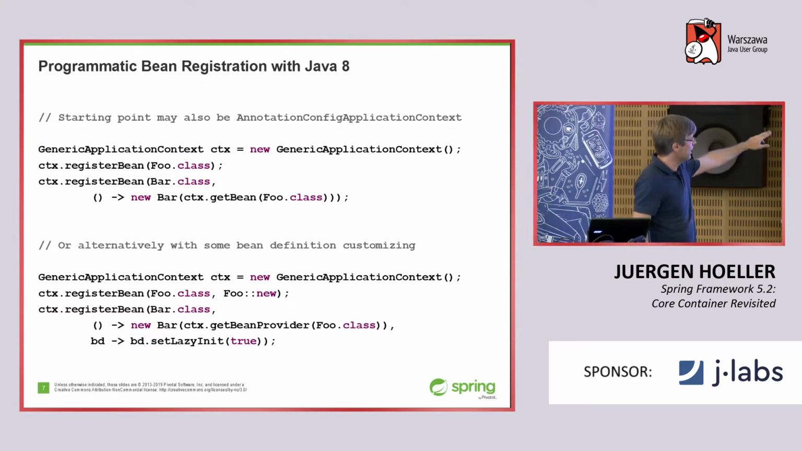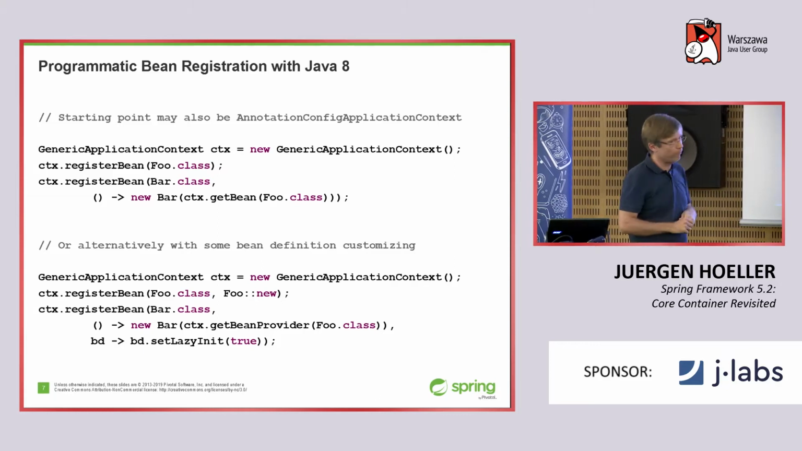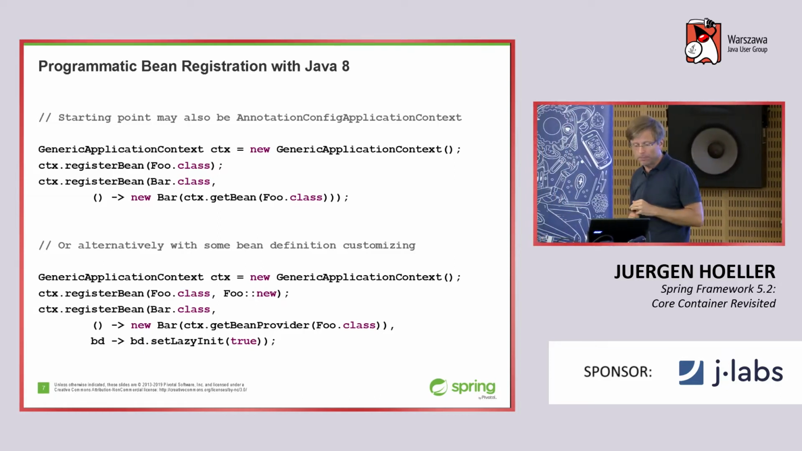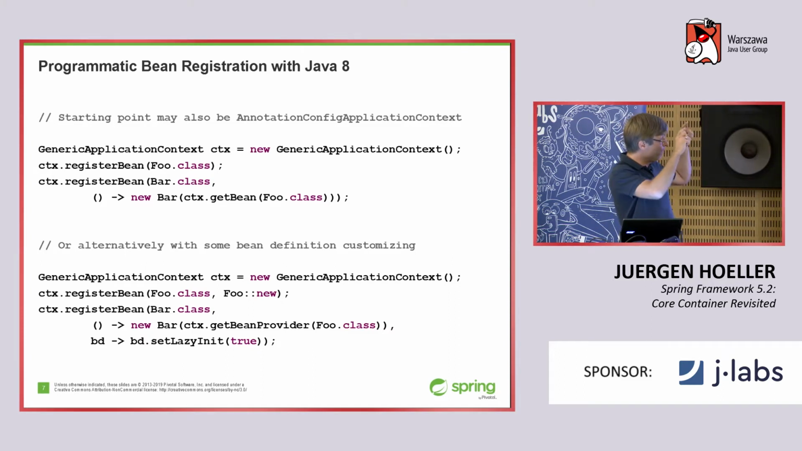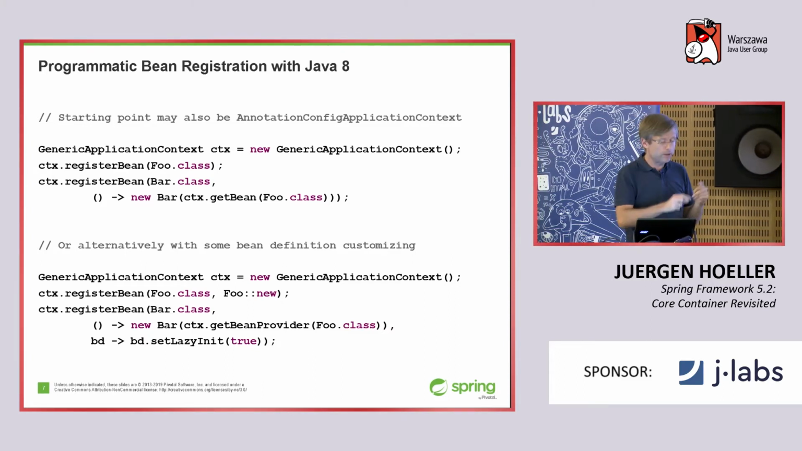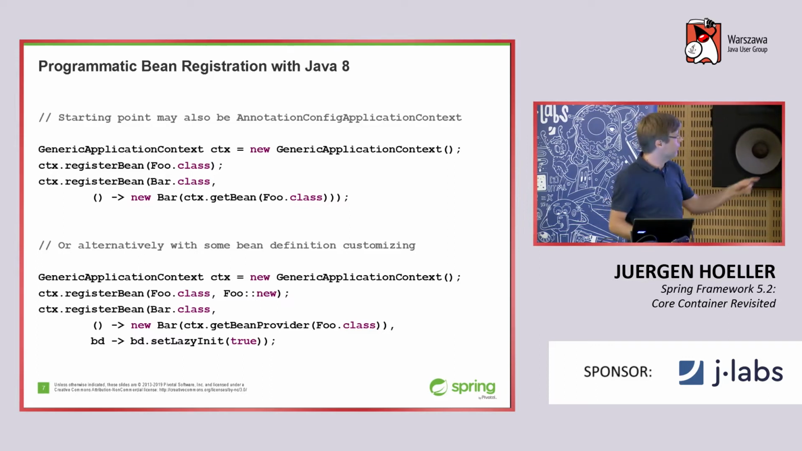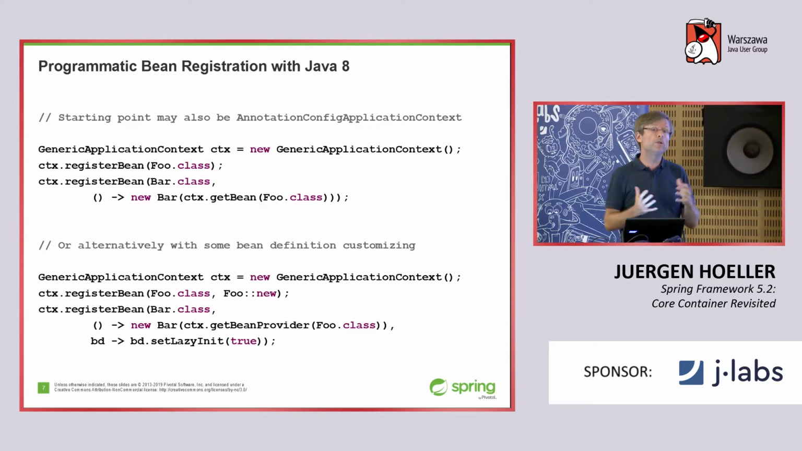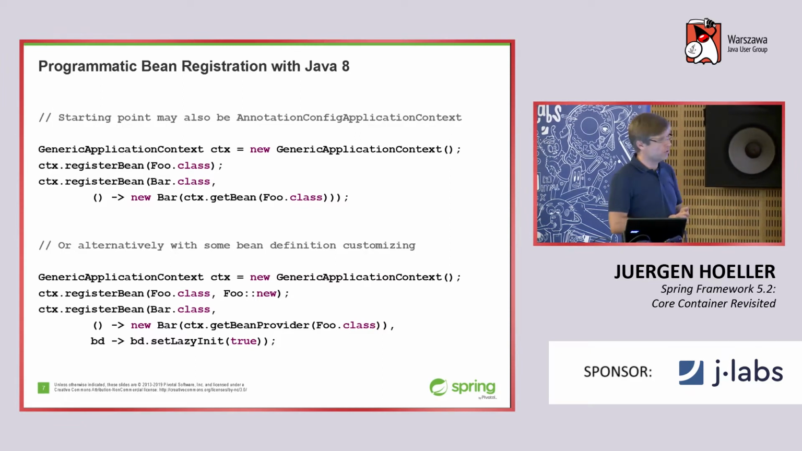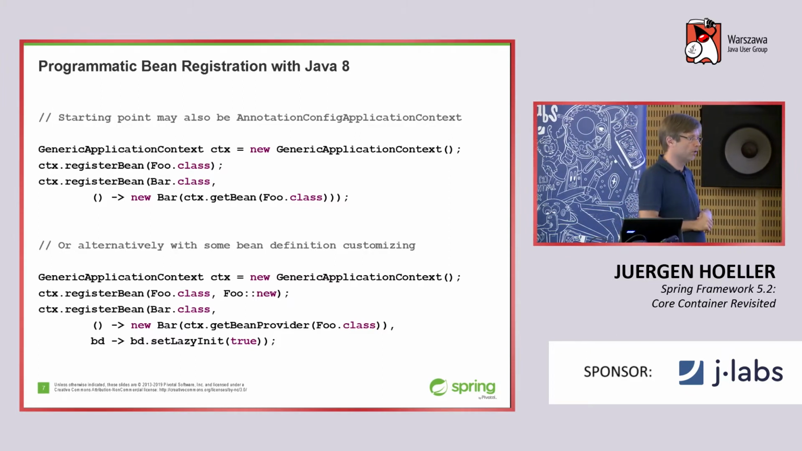Slightly more sophisticated down here, you can also fine-tune how that is supposed to happen. What if bar doesn't accept a foo instance in its constructor, but rather an object provider of foo? Then you can just pass in that object provider, calling back to the context to give you that object provider. If you want a singleton to be registered and you want it to be lazily initialized, so not on startup, but on first use,